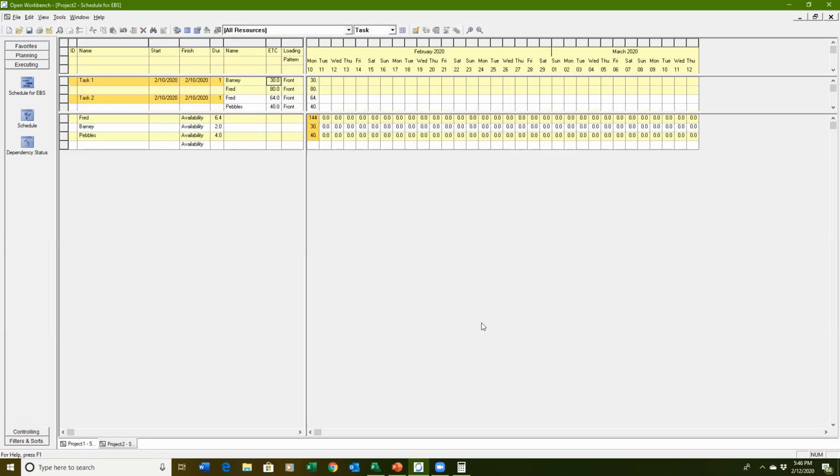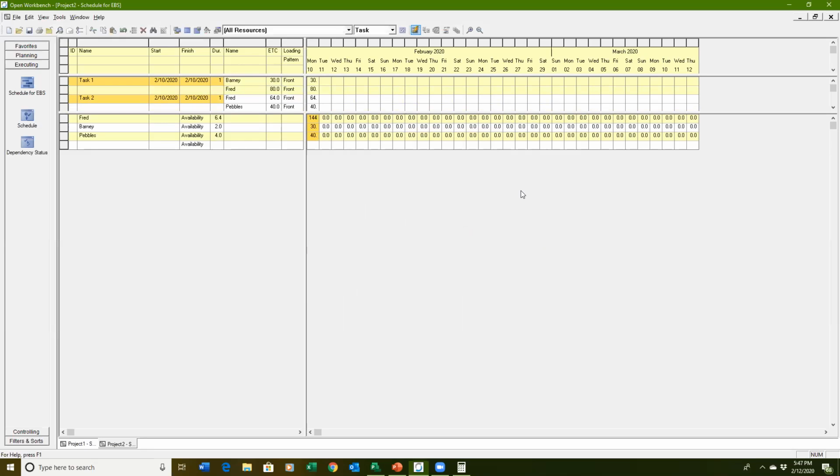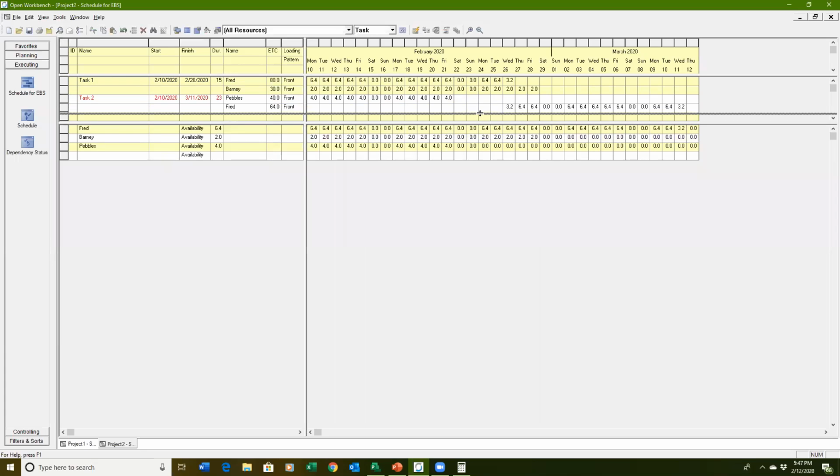Now, you'll note in Open Workbench, the auto schedule is not real-time auto schedule, the scheduling magic. So you can see that this is showing that these resources are way over allocated for that particular day. So when I come up here, I do auto schedule. I'm going to do it for 210, and I'm going to do resource constraints. If I do resource constraints and okay, you'll see that I now have the spread of the hours for